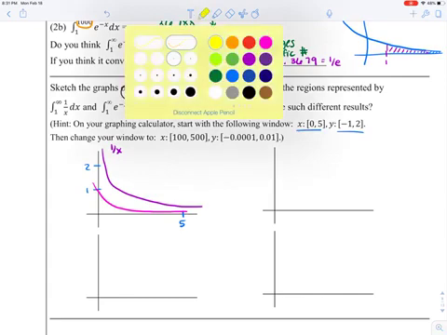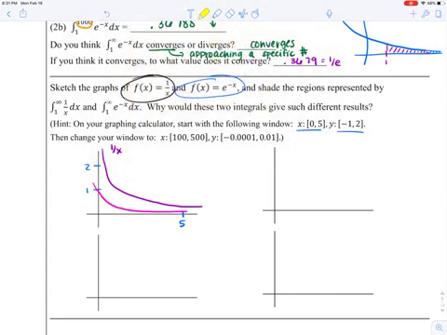Now, we're talking about the area under the curve starting at a y value of 1. One of the things I want you to notice is that e to the negative x gets really small really fast and gets closer and closer to the x-axis